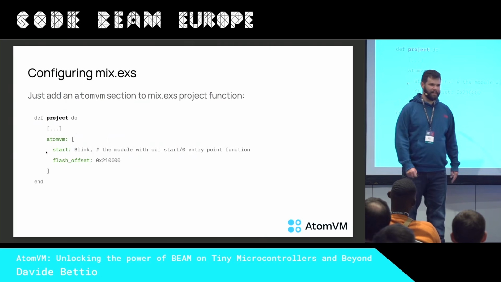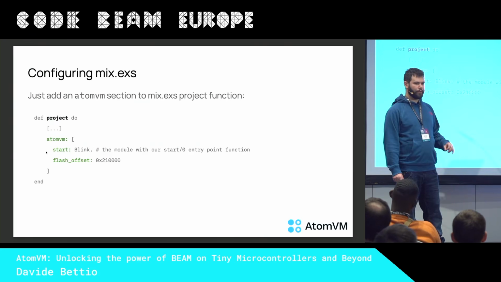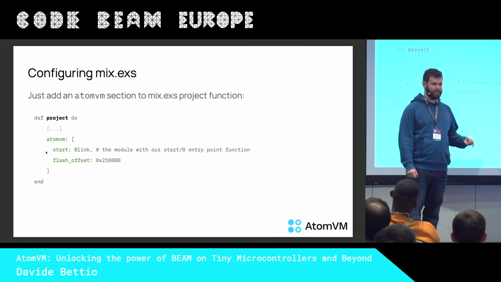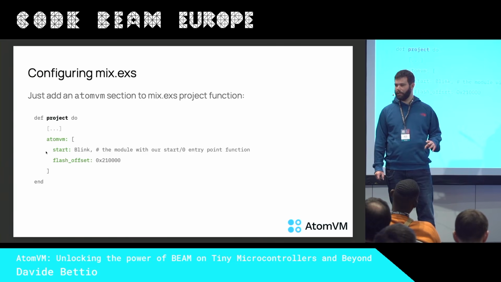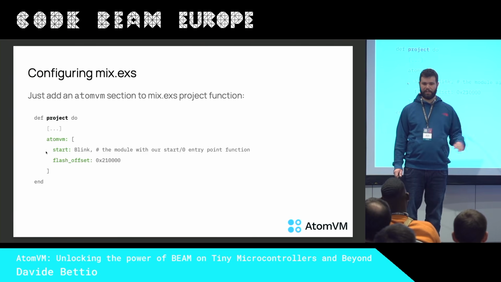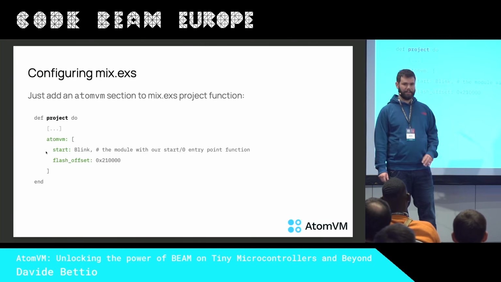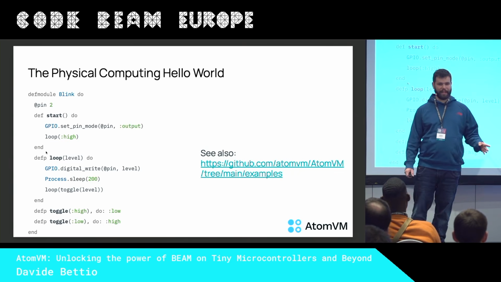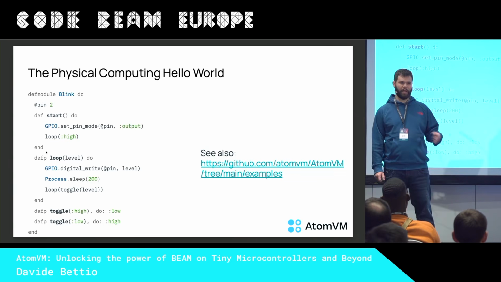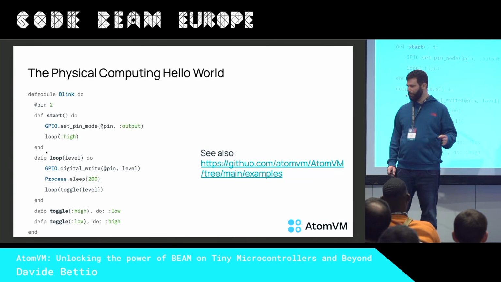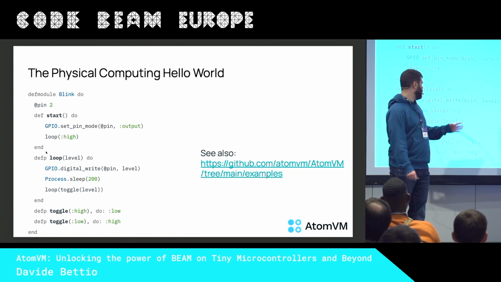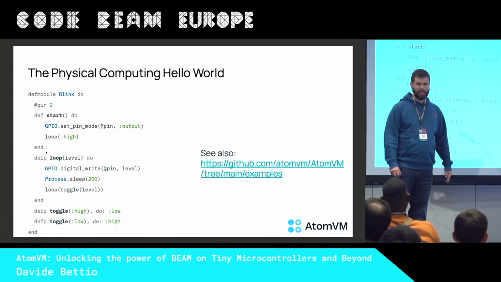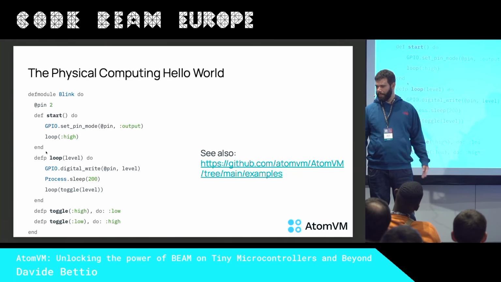Next, the next step is configuring your mix file. You just need a couple of pieces of information here. One is telling which is the entry point and where it is going to be written, and that's it. As soon as you do that, you are ready to make your own hello world. And hopefully this is pretty clear. I think it's kind of an easy syntax, and there are some easy APIs to use.